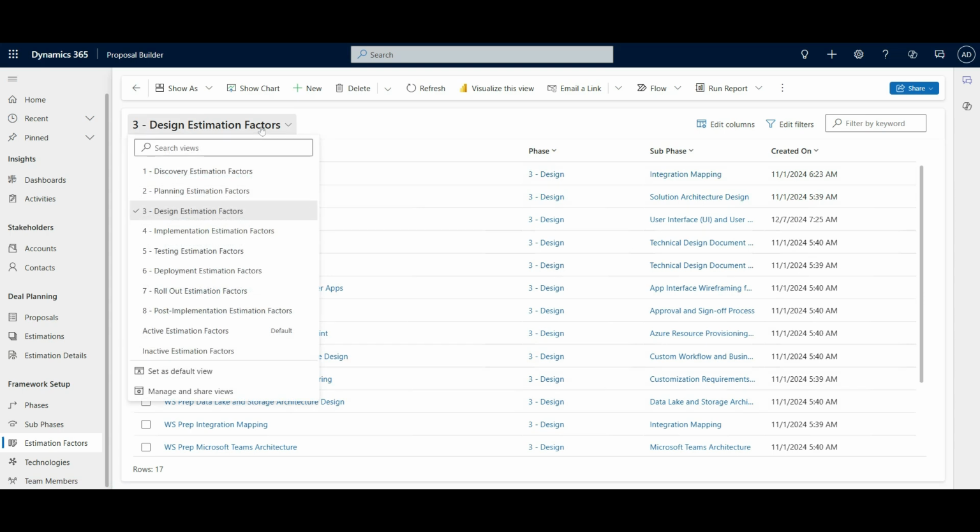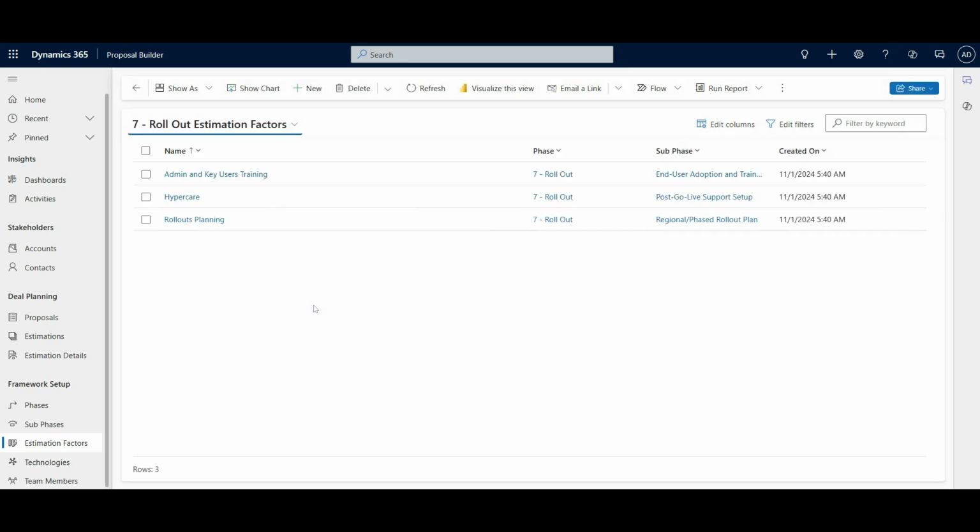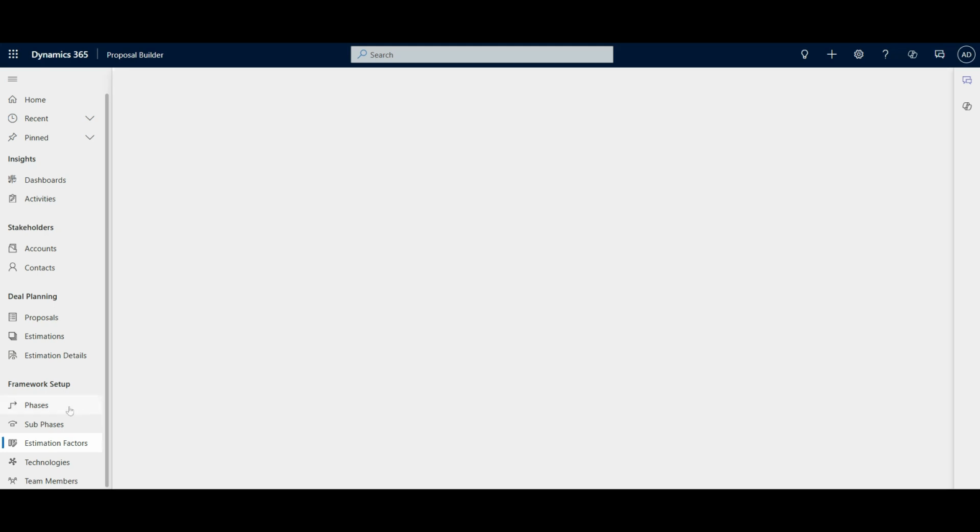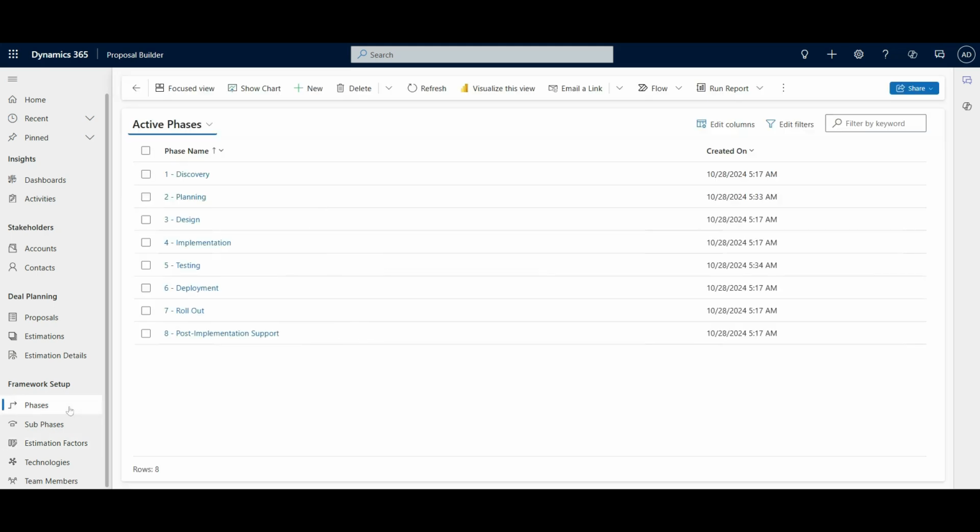At the end of the waterfall project, we'll have like the rollout and the post-implementation factors. For instance, for a rollout at the end of the project, we'll have some trainings, we'll offer some hypercare to our customer, and maybe we also want to have some rollout planning sessions. But like I said before, these are also applicable to a more agile way of delivering projects. So if you prefer to organize the phases and also the sub-phases in sprints,